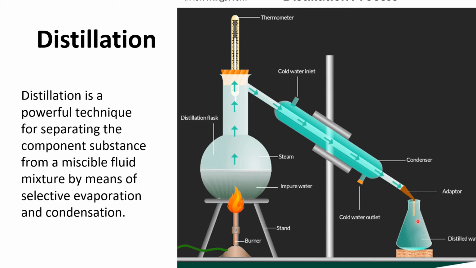If you want to achieve more purity of the ethanol which we are getting in this flask, then you can do the double distillation. It means that you can repeat the process of distillation. So this process is very much helpful for the separation of miscible liquids which have different boiling points.